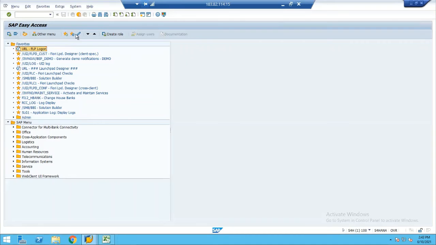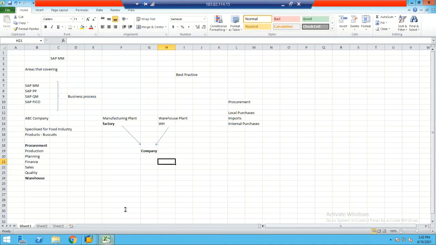Now we have been discussing enterprise structure. This is the simple SAP screen, and here there are two things involved. One, you have business applications, and the other one you have IMG.